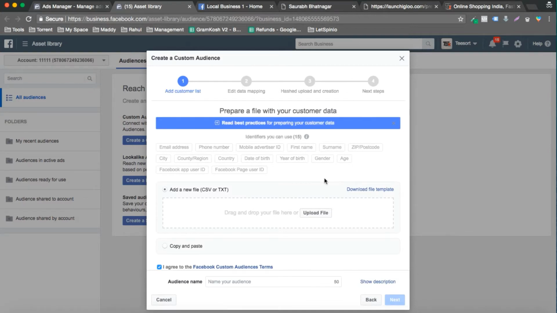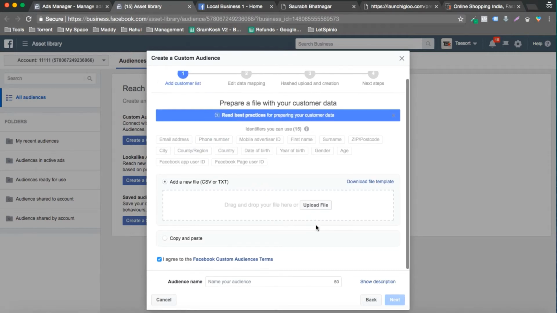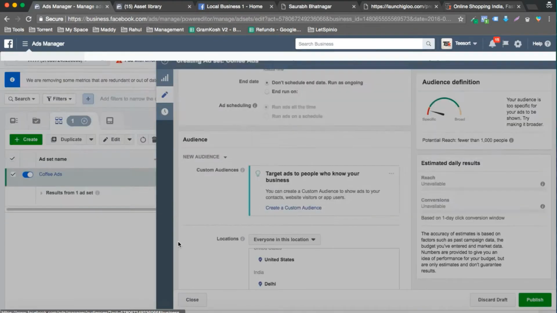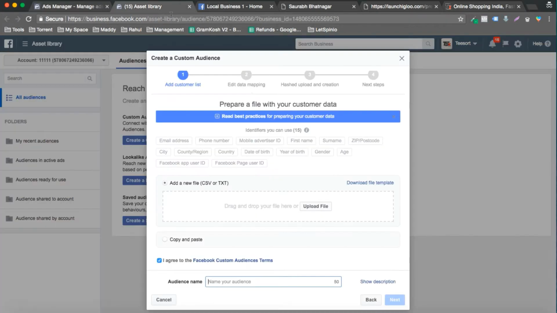Let's say you have a list of buyers only in the form of email IDs. You only have just one column in your CSV file. You can go ahead and upload this, and Facebook will match the data and will show the advertisements to those set of people. So you can upload the phone numbers, the email IDs, and then you can name the audience. This will start showing up inside your targeting. So this is how you can make your first set of custom audience.